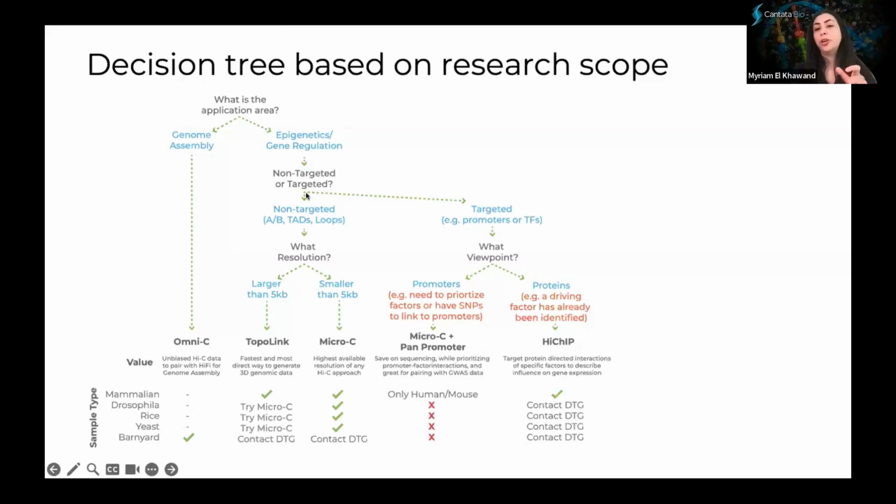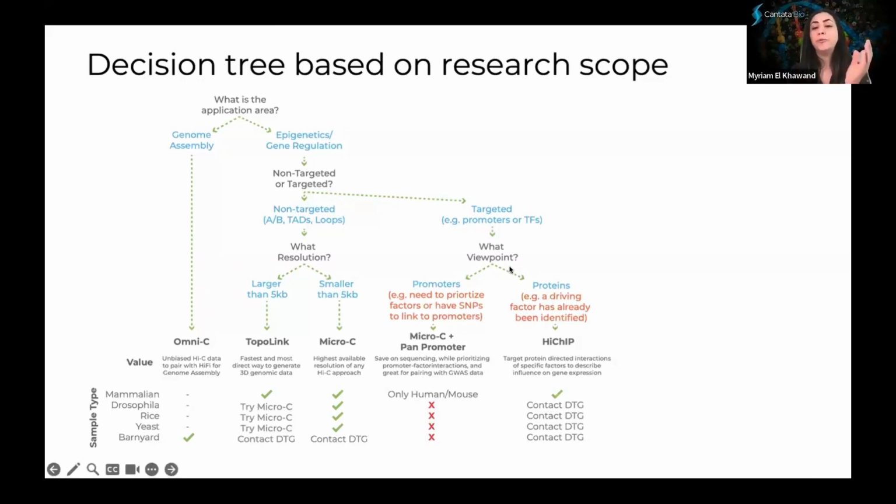Now, if you're looking for a targeted workflow and you have specific regions of interest, either from a promoter's region of interest or other regions in the genome, you're really looking for the question between a high-chip assay or a promoter capture or pan-promoter assay. So, to get to the right assay here when it comes to targeted workflow, you have to ask, what is your